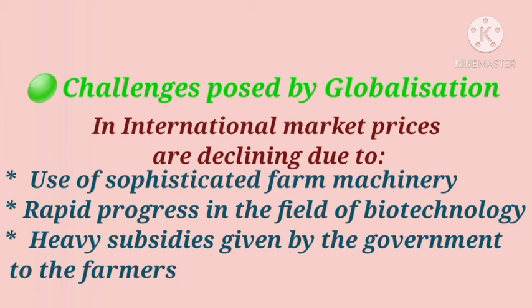Many products produced in India are of high quality, but we are not able to compete with the rate of the products from foreign countries. Why are they able to produce at a cheap rate? Because of the machinery that they use, which reduces the cost of production. Then when they follow biotechnology, they are able to use highly productive seeds, and governments provide subsidies that also result in low production cost.